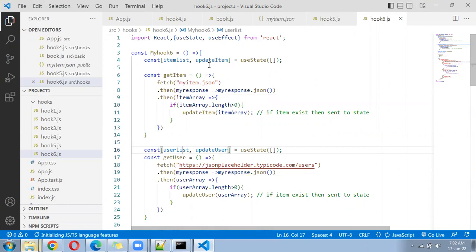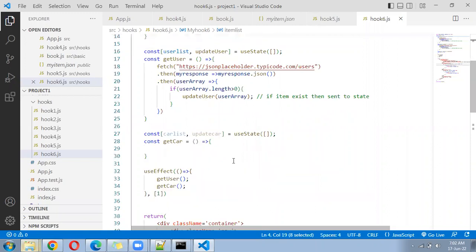Because update item is a hooks function, and using that only you can change any value under the item list. So as soon as you click on the button, data will come from here, go to update item. From update item, it will go to the item list. And immediately, as soon as the data goes to the item list, below we have one